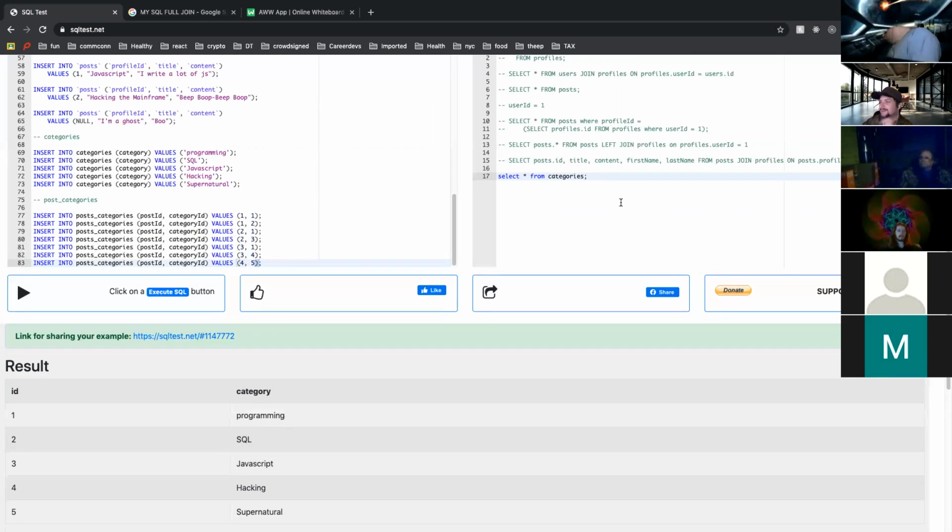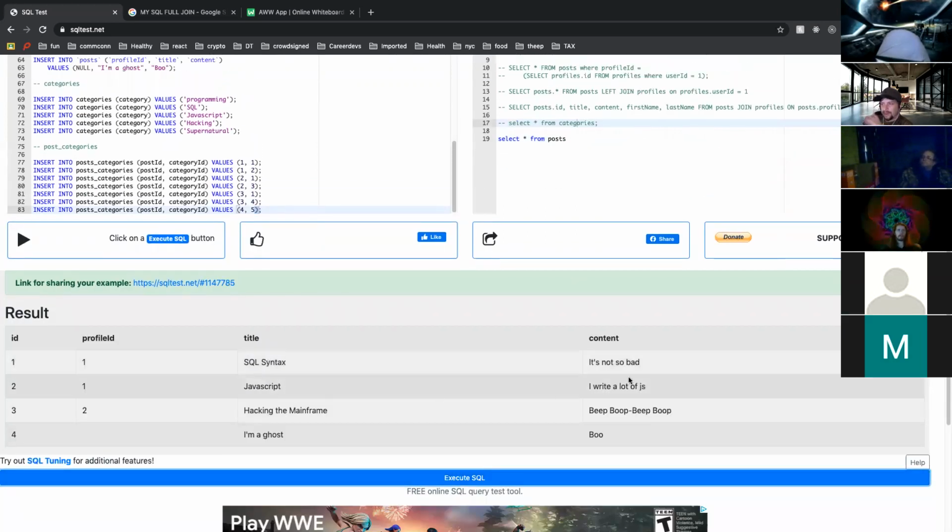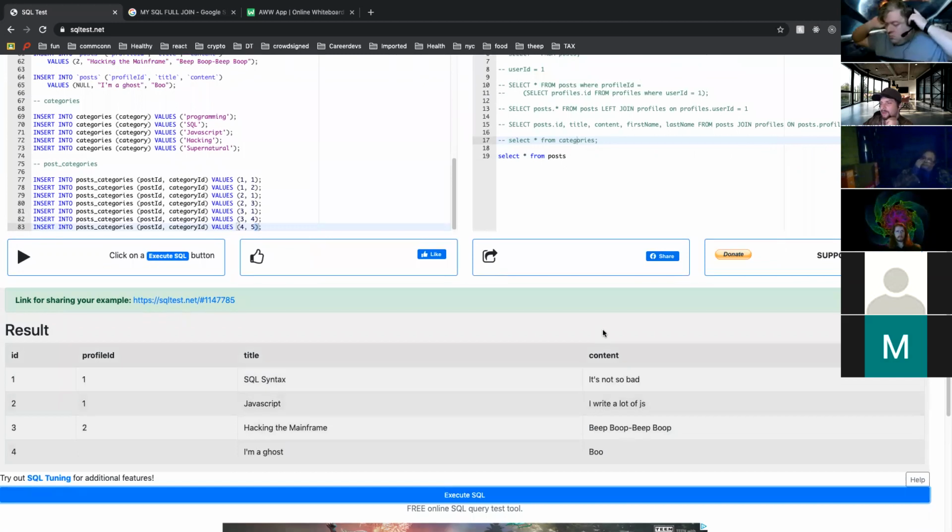Okay, we got it. All right, so if we pull the two items separately, we got our categories, we got ours. Now we can do a select star from, actually, let's do select star from posts. I'll clear that out for a second, just so you can see it again. So you see we have the stuff we need. What we need to do now is make sure that we can get those categories. So we want to select from the posts and join the post item with our posts